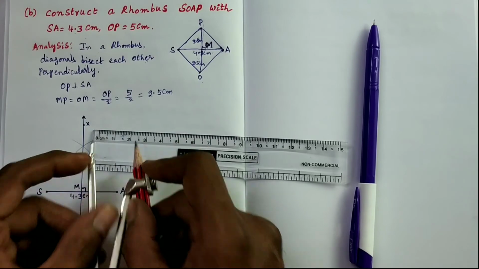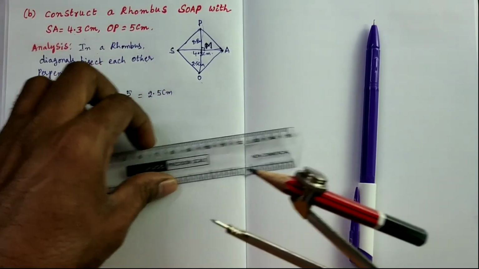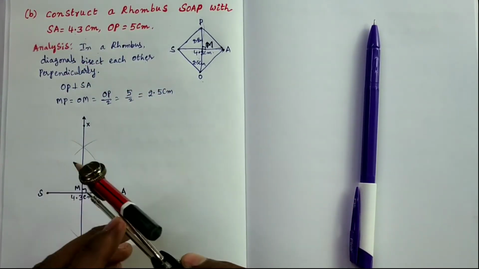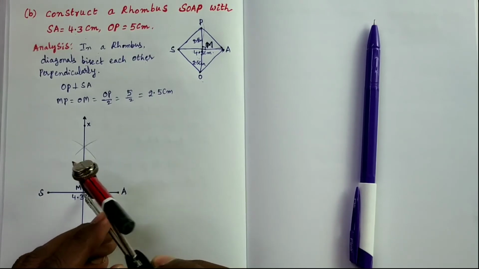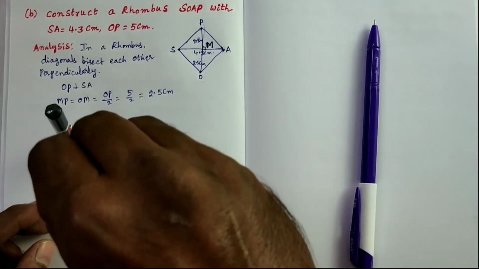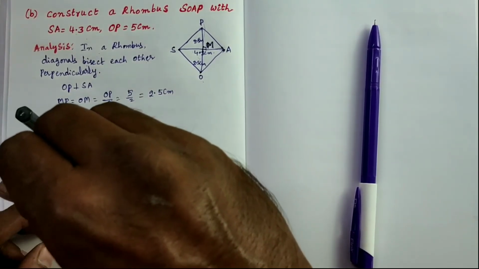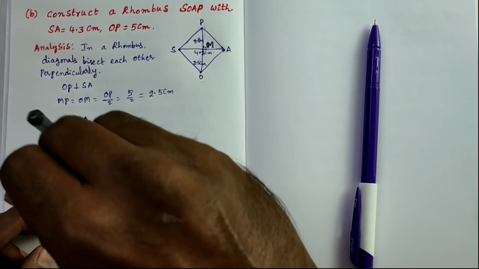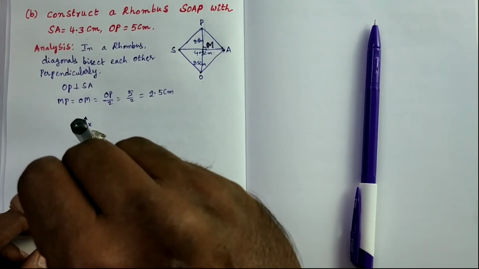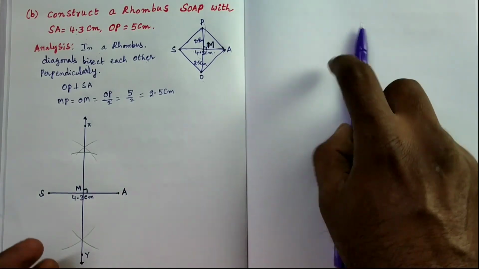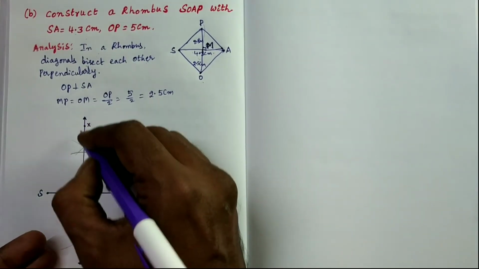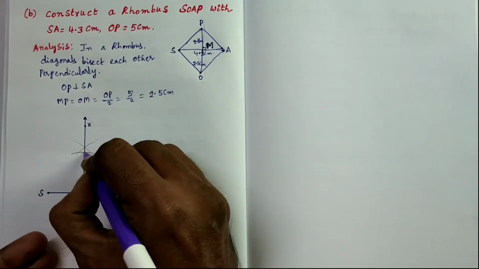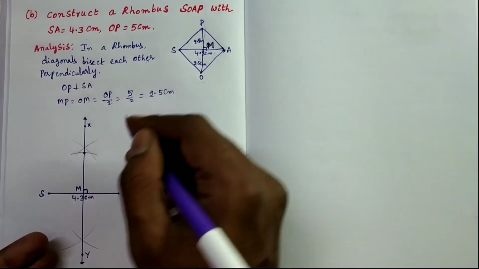Take M as center, with this 2.5 centimeters as radius, draw an arc. It cuts the MX ray at this point,